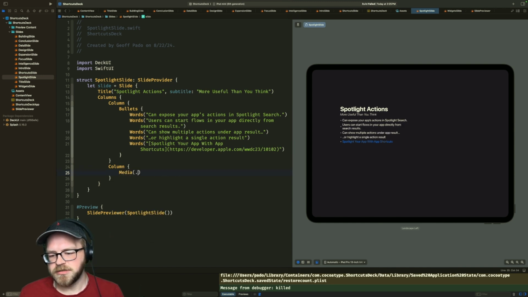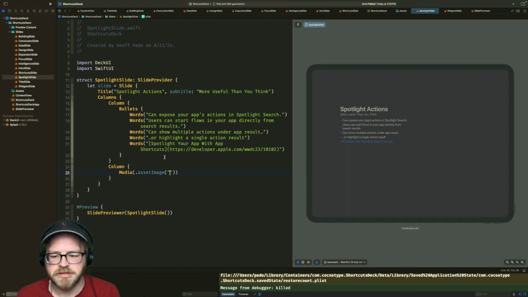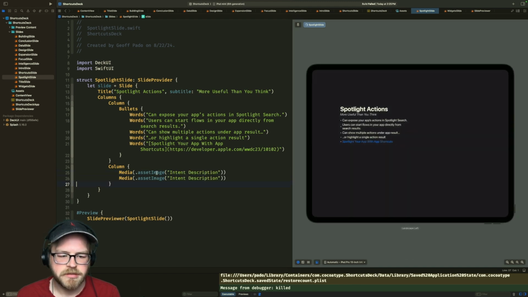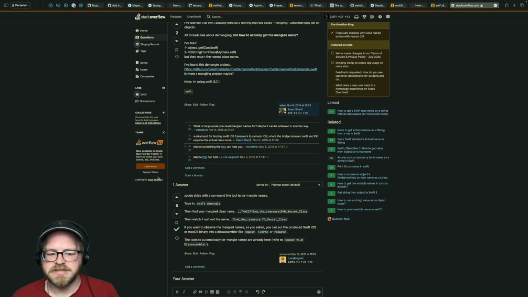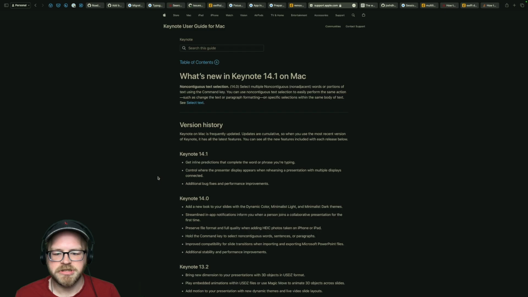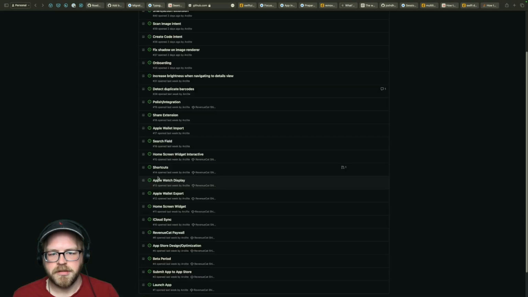This would be, I kind of want just multiple media things, and we're going to say asset image is, what were the ones that we had? Because I'm hoping that I can just stack them on top of each other. But I don't remember what any of them were called. Intent description. Copy this whole line. We're just going to paste it twice into here and see what happens. Are they stacked vertically? Hopefully, yes. Yeah, okay, cool. All right, so then what I want is to go grab some screenshots from a page that I no longer have open, apparently.